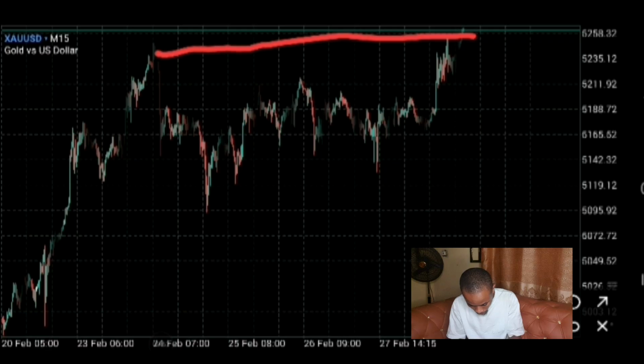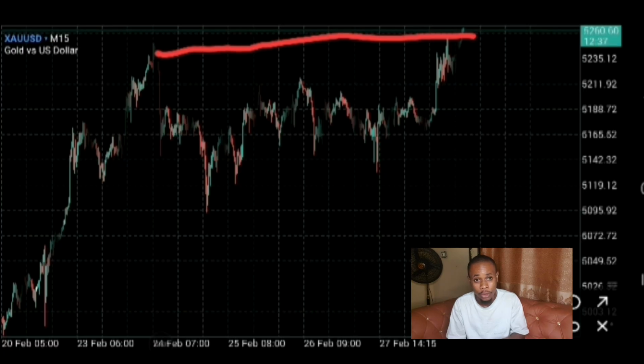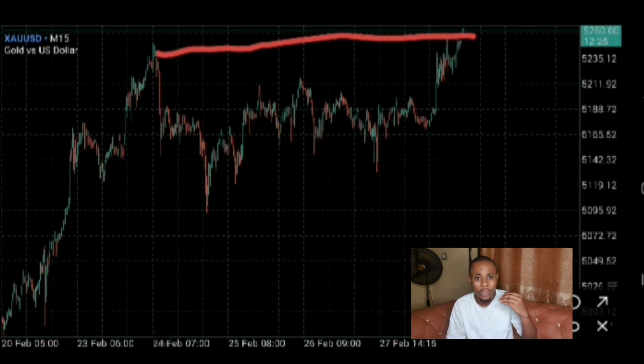If you are not careful with this and you keep buying, the market may go against your trade. But remember, the long time frame will help you to understand what is happening in the market, and we confirm that the market is in an uptrend. So whatever you are doing in this market, trading gold, make sure that so far this situation, so far we are using